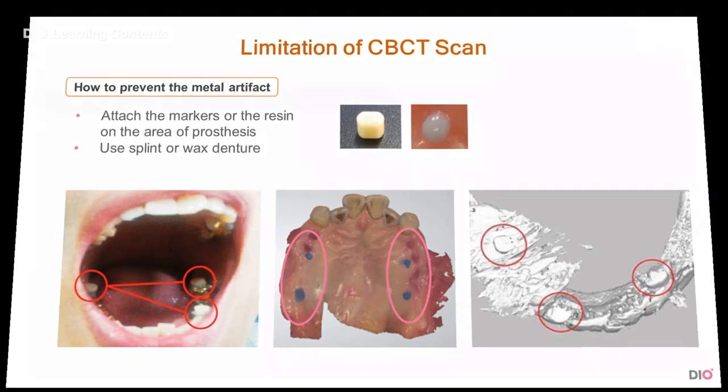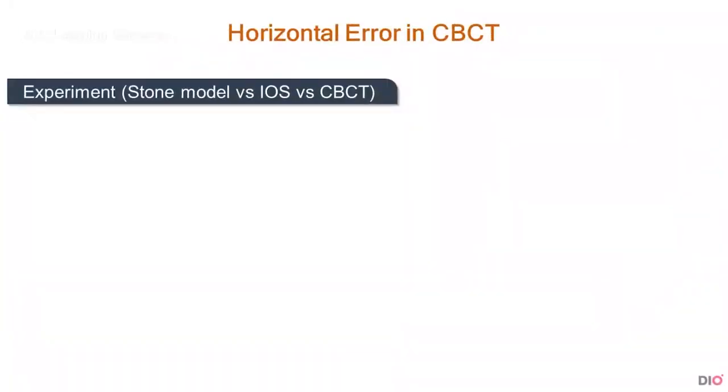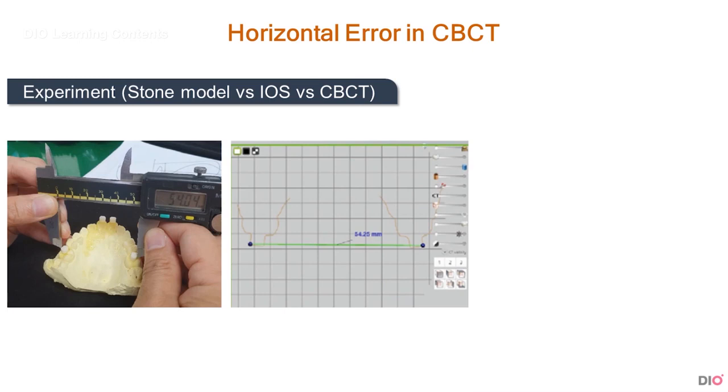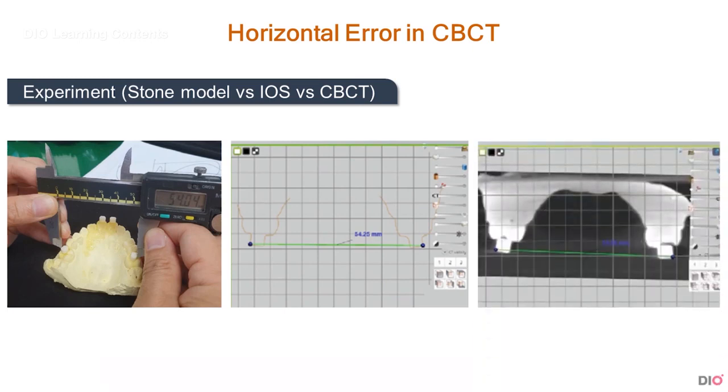Next is the horizontal dimension error of the CT image. This problem occurs when you need to scan the full arch in cases such as full mouth rehabilitation. First, let's do an experiment to understand this phenomenon. Markers are placed on the plaster model and scanned by intraoral scan and CT. And then, the distance between the two markers on the stone model is measured using vernier calipers. Scanned images and CT images are measured on the computer also. The following results are obtained: